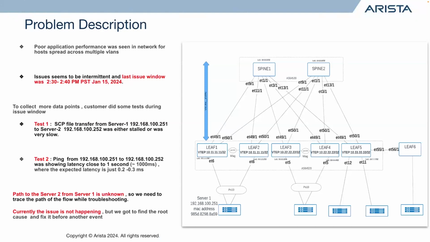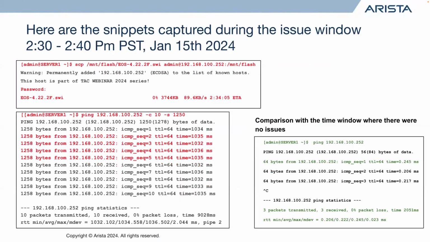Okay, let's troubleshoot with the data we have in hand for now. Before we dive into the actual troubleshooting, let's take a deeper look at the outputs captured by the customer during the last issue window, that is between 2:30 and 2:40 p.m. PST on Jan 15. On the screen, you see the first snippet, the SCP file transfer test performed from server 1 trying to send a file to server 2, that is